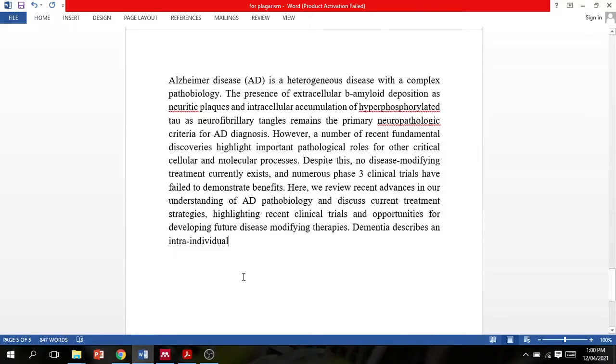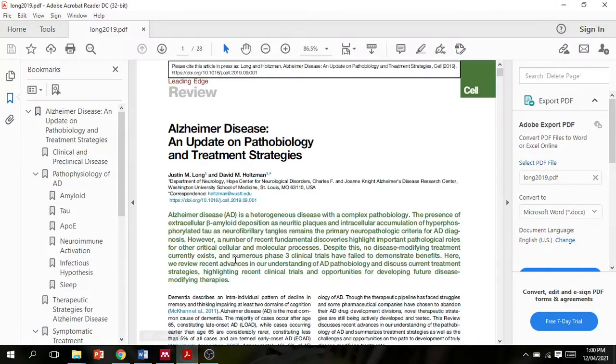Guys, today's video topic is how to add citation and references using Mendeley Desktop. In this video, I discuss in detail how to add reference and citation using Mendeley Desktop. Guys, this is a very important video for your knowledge and information on how to add reference and citation in your publication, in your review article and your research paper.